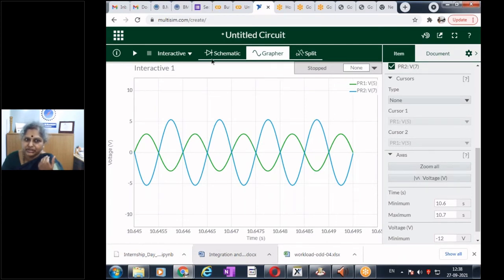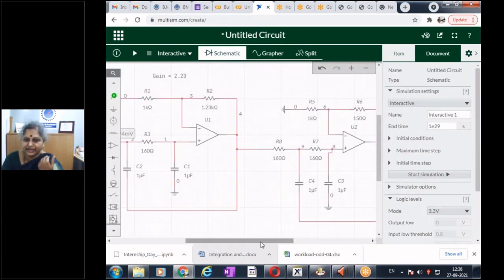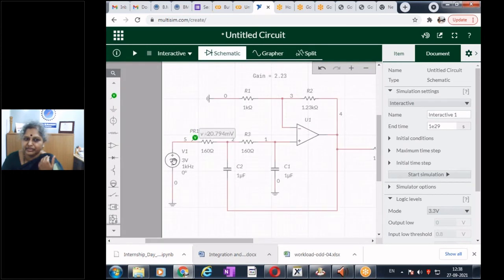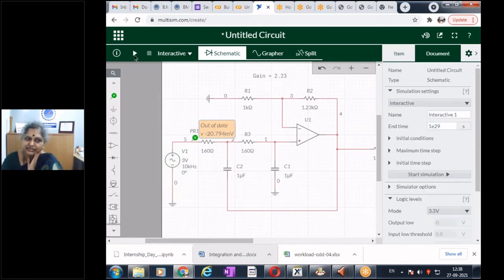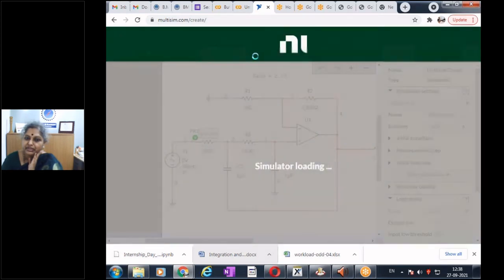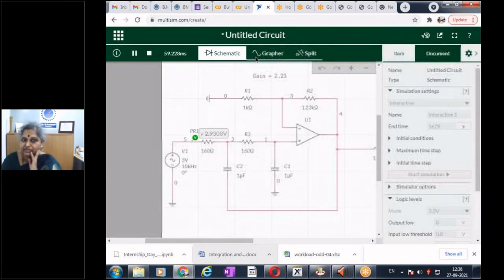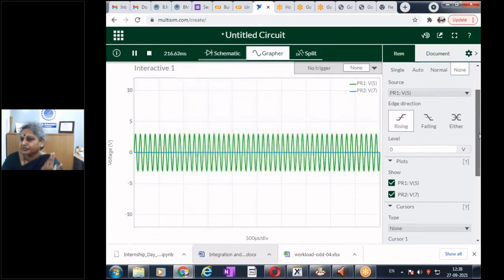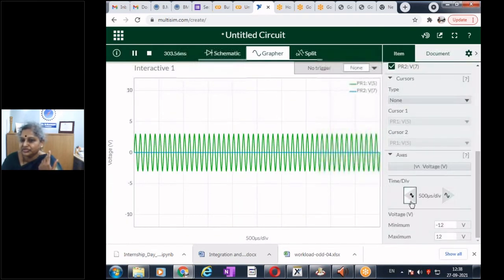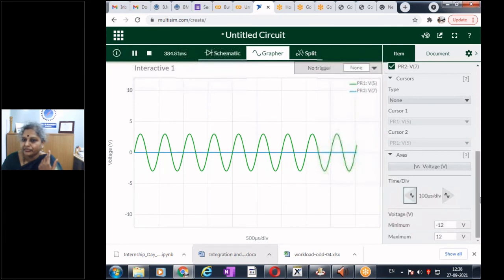Now let's go back to our circuit and give our frequency as something in the cutoff. So let's give 10 kilohertz, 10K as my frequency, and let's run and see the output. Now you see it's a fourth order system. I have given 10 kilohertz and see the output, it's 0. Output is almost 0. Why?